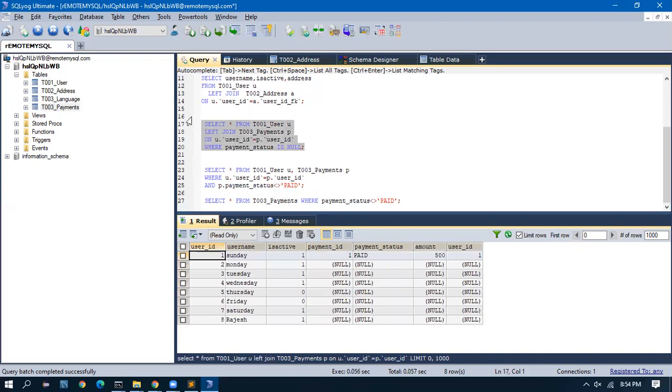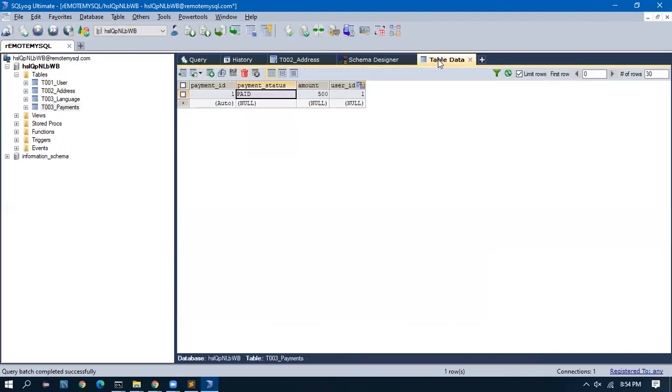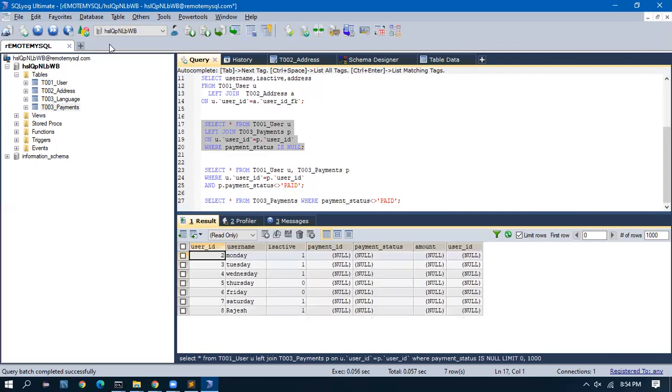So I give the payment status as null. Now the boss will see that 7 users have not done a payment. He'll go to the users and ask. So now one more user will start paying, and he has done the payment too. Now again, if he asks for the report, we run it again with the left join and the count is reduced. So this is the use of a left join.